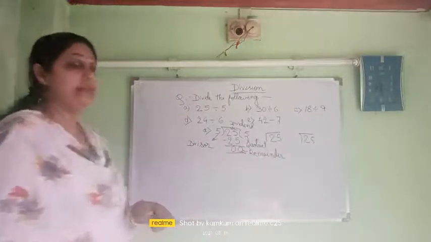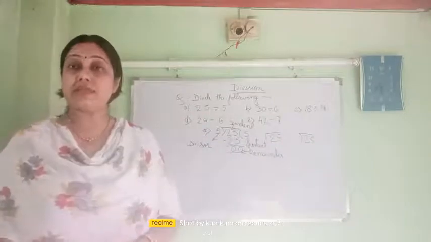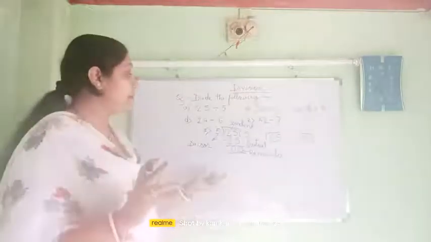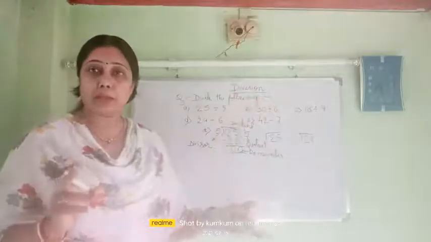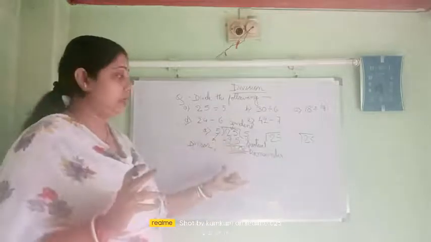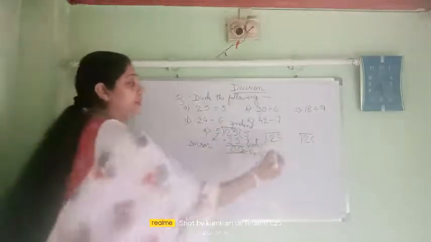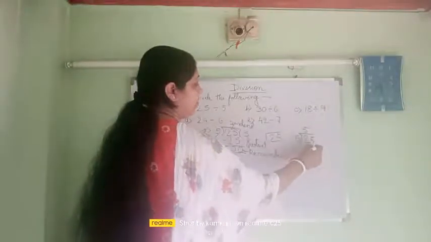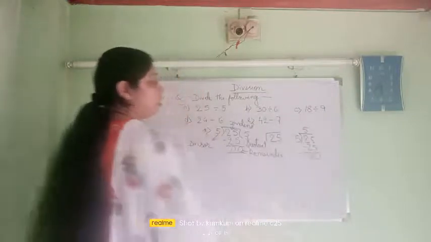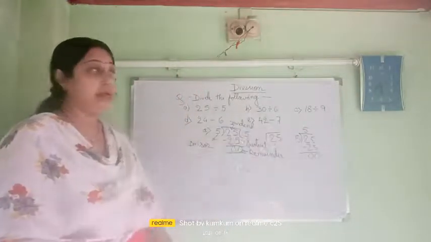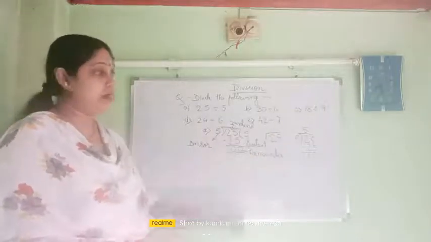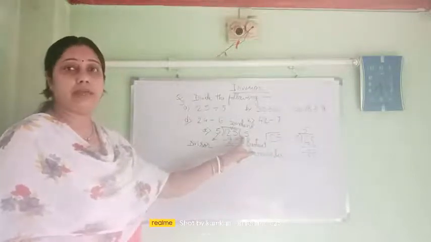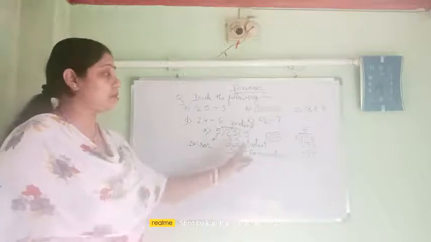If I ask in the question 25 divided by 5 is how much, in one line, in fill in the blanks form, then give the direct answer. And if I ask to divide the following or show the process of division, you have to do it this way. In this form of writing, the quotient will go up, and if you write the other way, the quotient will be at your side. You can follow this process also.